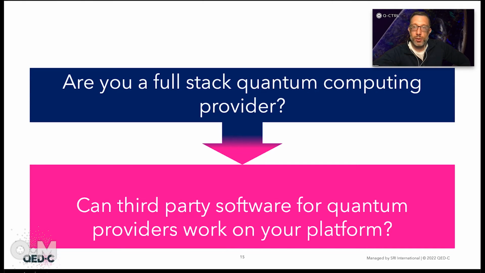And I think Q-CTRL is an example of a company with a singular focus on improving the performance of hardware in all aspects of this infrastructure software. It's a little bit like, if you like these models, it's like VMware, right? We go from the bare metal up to the usable platform. And we're very happy that we get to engage with actually several of the companies on this call and on the last call as well, providing those kinds of solutions.